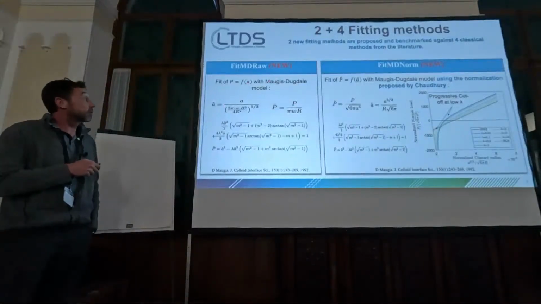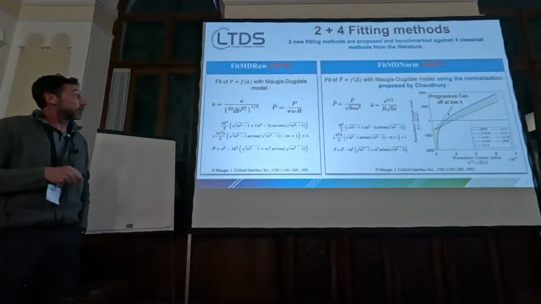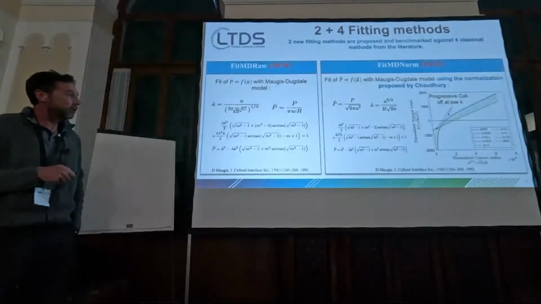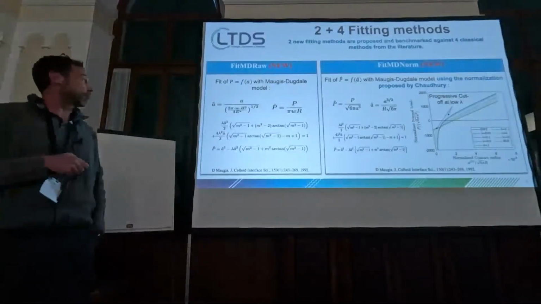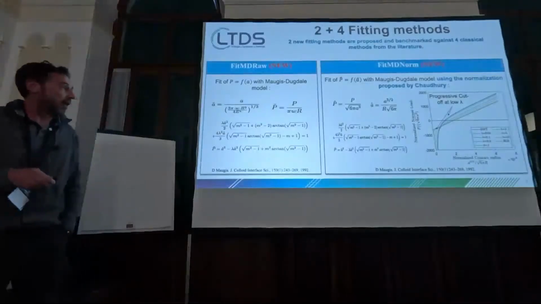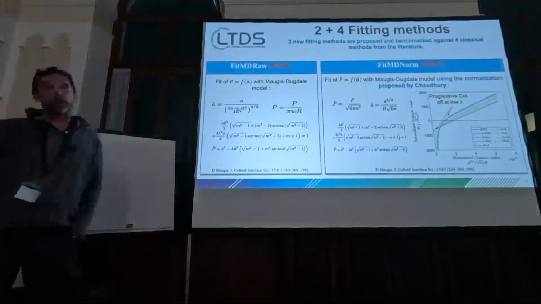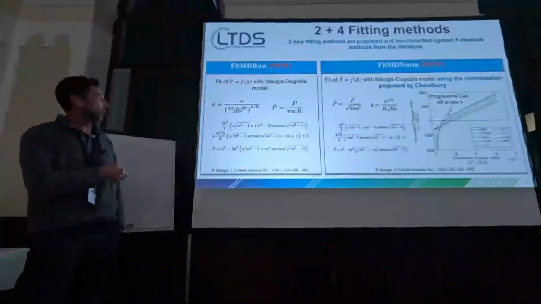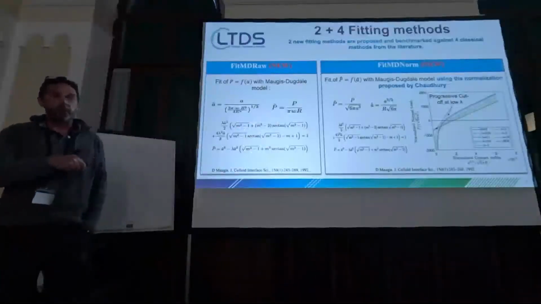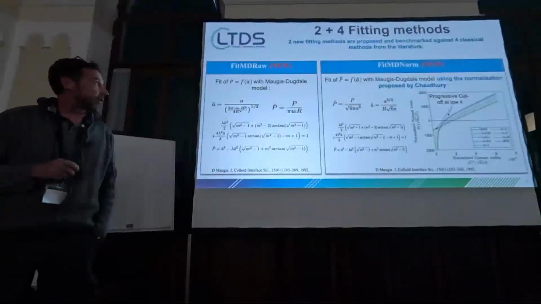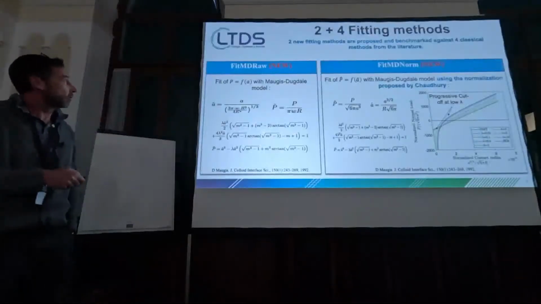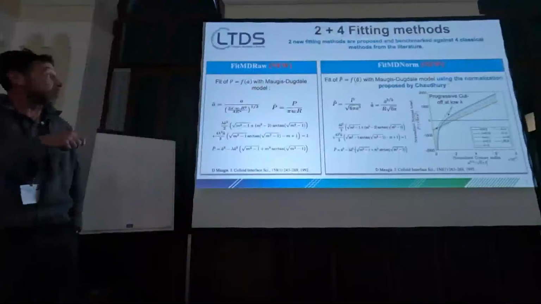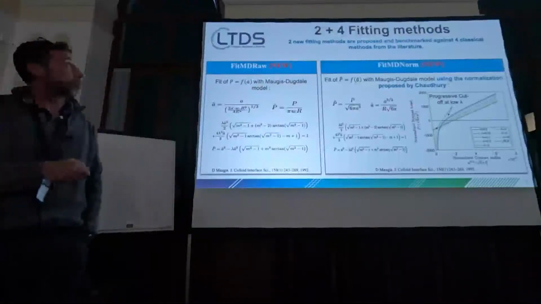The first one is just simply using directly the model proposed by Maugis, which is not quite easy on our computer and which was not easy a few years ago. That's why Carpick proposed an approximation method, because he was not able to compute this a little bit complicated equation at the time. And so this is a fit which we call Maugis-Dugdale on raw data, just on A versus P data.